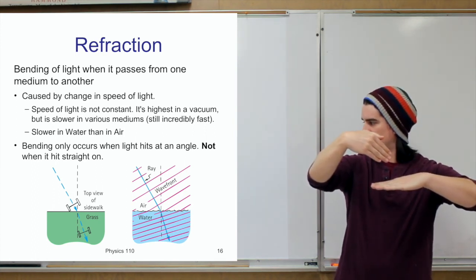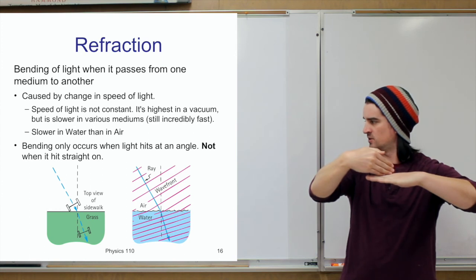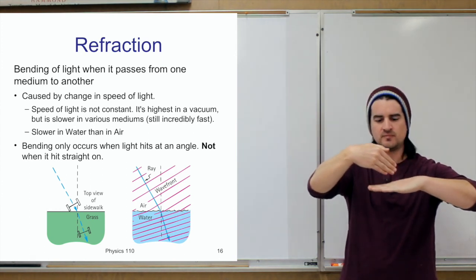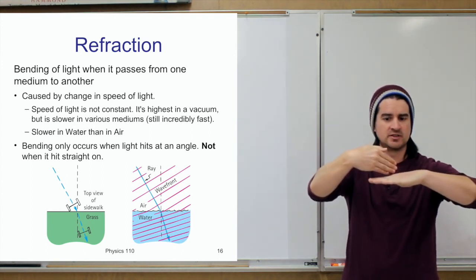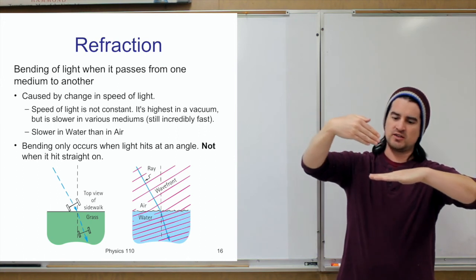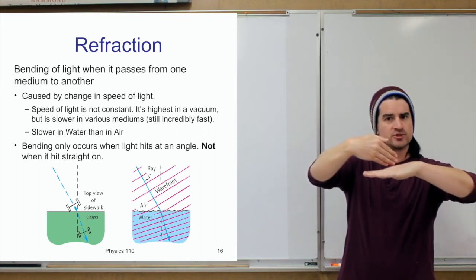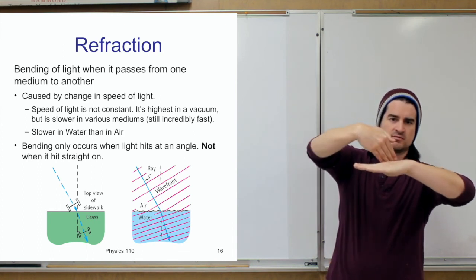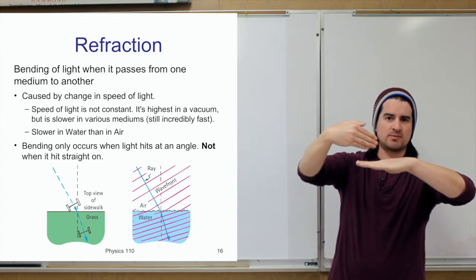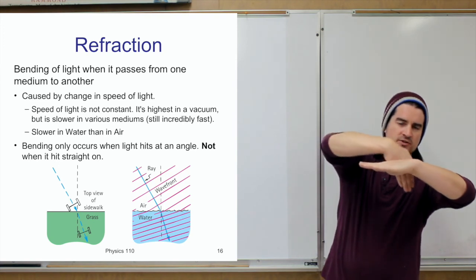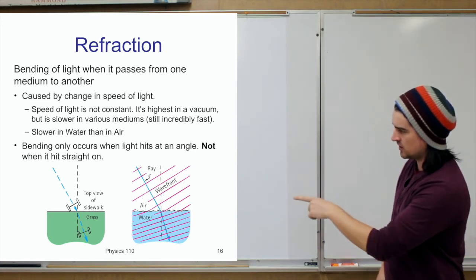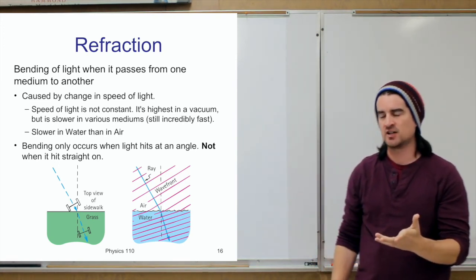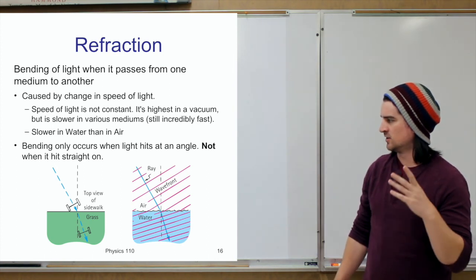the wheel that hits the grass first, right, the wheel on the bottom side there, that one's going to slow down first. Right? So when, say, the bottom wheel slows down, the top wheel is still going at the same speed, what you end up getting is a turn. The inside wheel slows down, the top wheel is still going at the same speed, so it turns a little bit. So that's actually a very good way to understand and think about how light will bend when it